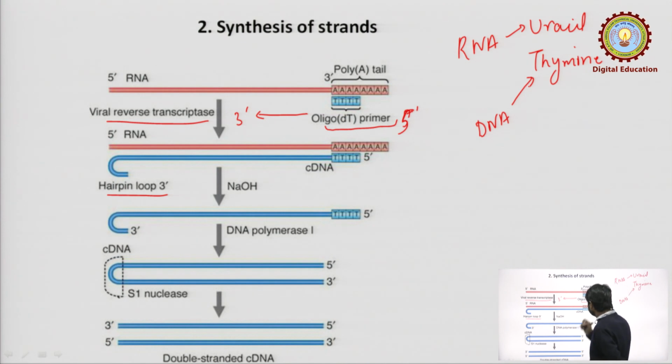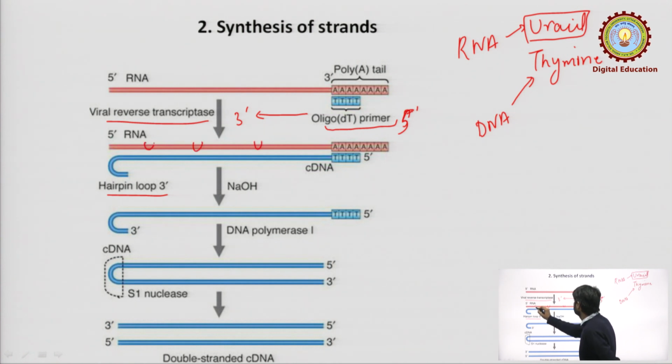So we have to remove this uracil also from the strand. So what we will do, this red color strand contains uracil like this in the strand. So we will degrade this strand and we will form the new strand utilizing that 3'